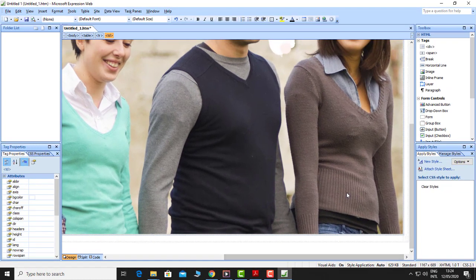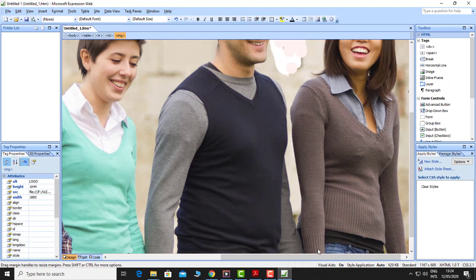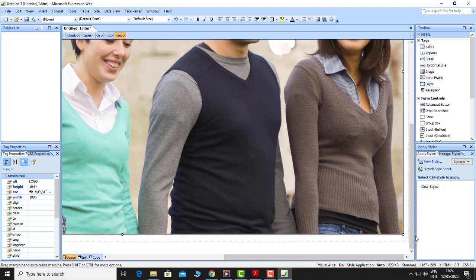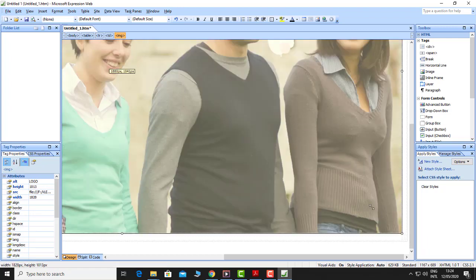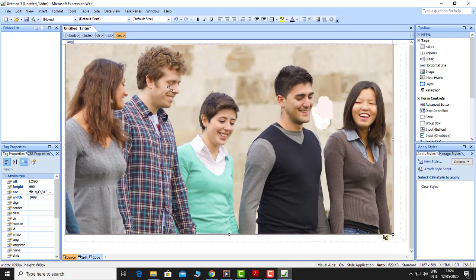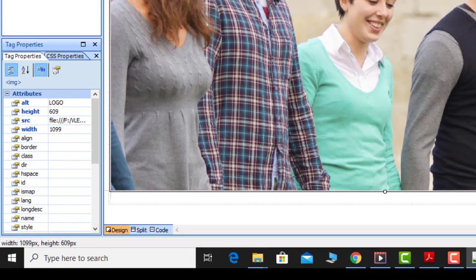For example, I can just click on the image like I've done, then come down here. Then I'll click on this arrow while pressing shift. You can adjust the image, still pressing shift. I do this to maintain the aspect ratio. But if a logo has a standard size, a standard dimension,